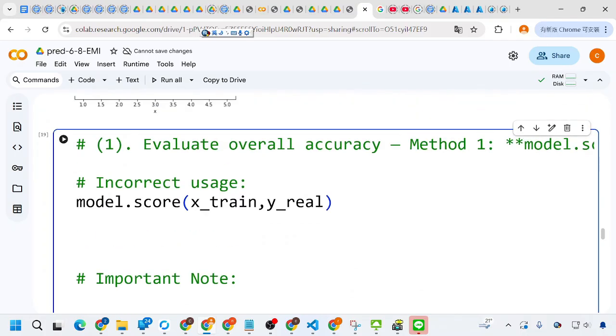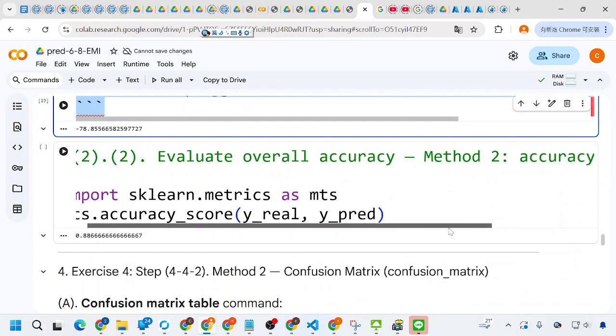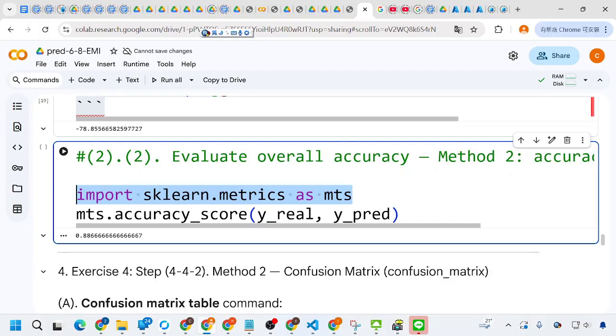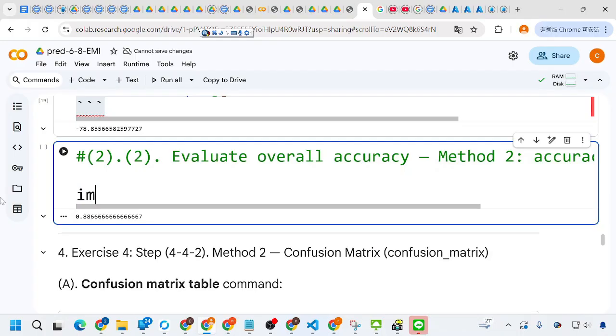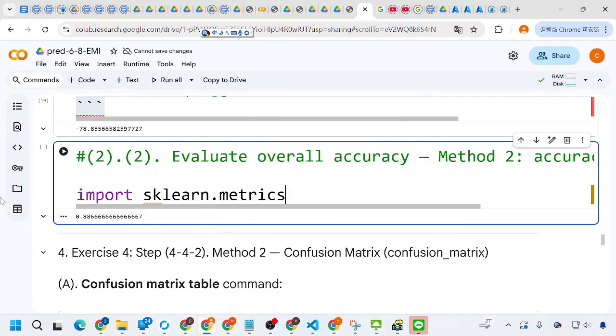So for the second method, you use the accuracy score function. Okay, let us show this method. I import scikit-learn. Inside this, we have the metrics. We call this